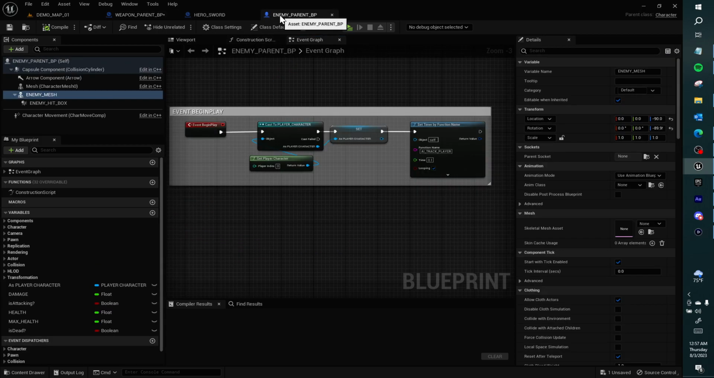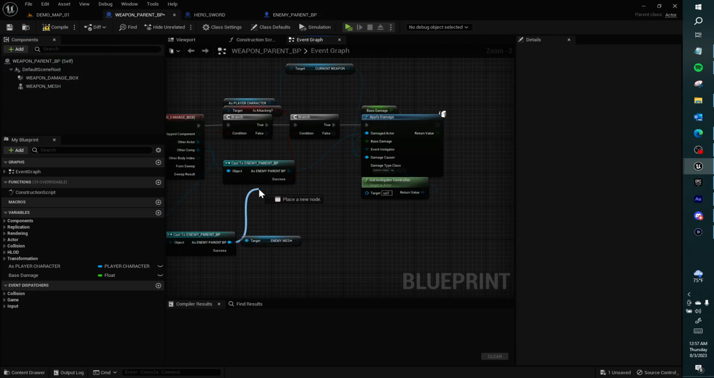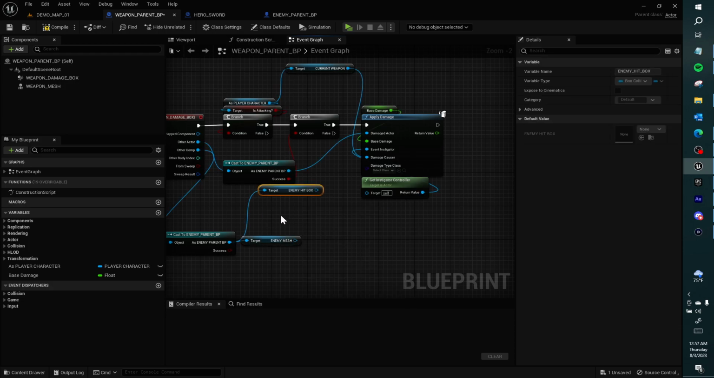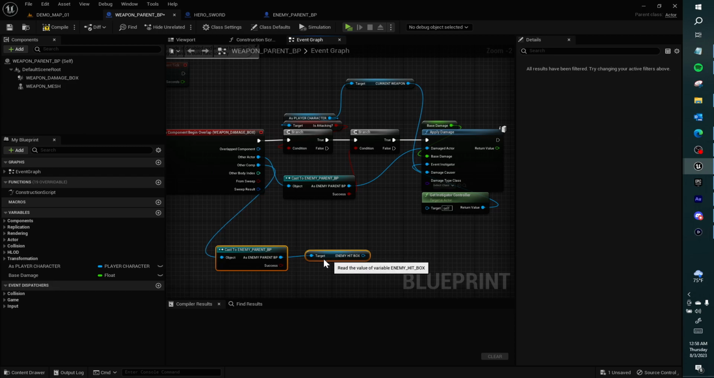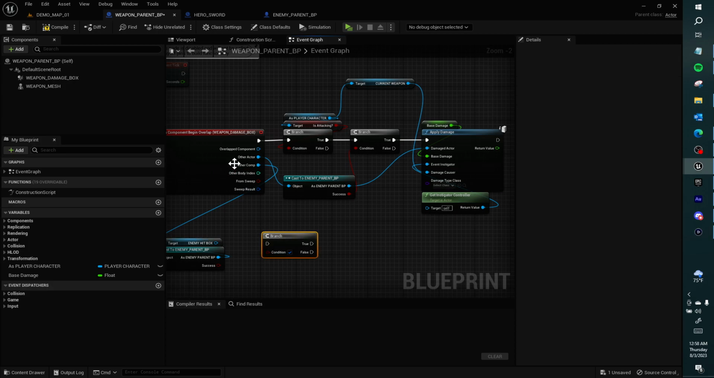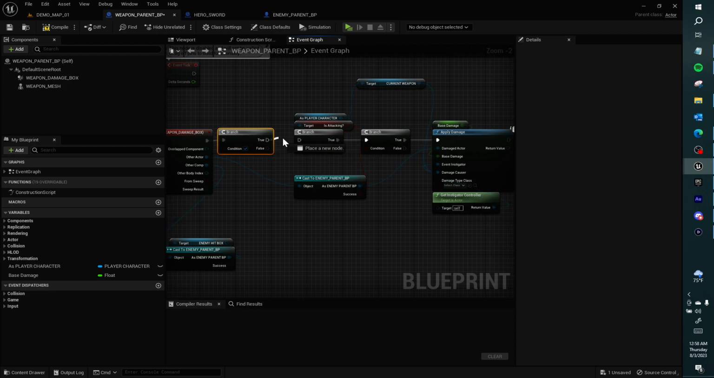what I truly want though is the enemy hitbox. That's another component. I want the enemy hitbox because we're hitting it. Get enemy hitbox. Let's delete this enemy mesh. I want enemy hitbox, and if that's true, are we attacking? Did we hit the